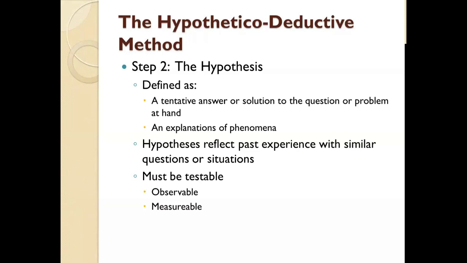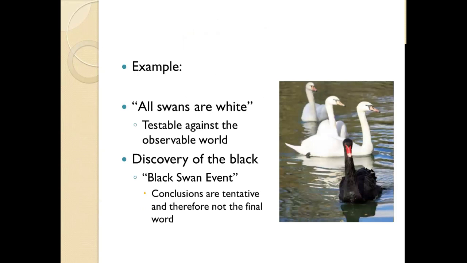How much greater, how much louder, how much more sour is this thing? Okay, so an example: all swans are white. The hypothesis was that swans, by definition, are large white aquatic birds. The reason for this potential model was that it was testable against the observable world. Anyone who had ever discovered a large white aquatic bird called it a swan. And anytime you talked to someone about a swan, they said, "Oh, you mean a large white aquatic bird? Yeah, I got that." This was tentative, based upon everything we've known up until this point.